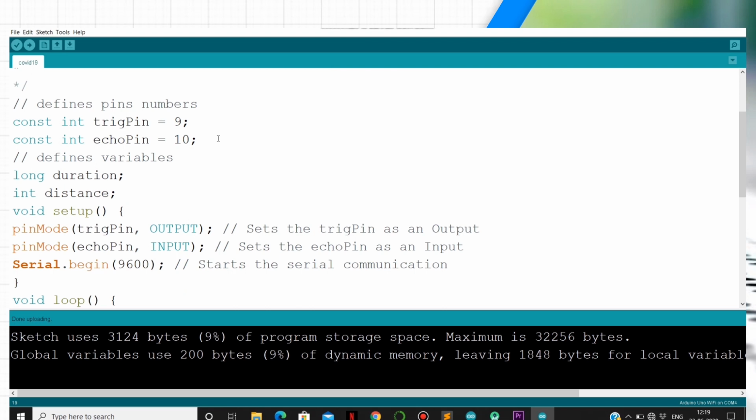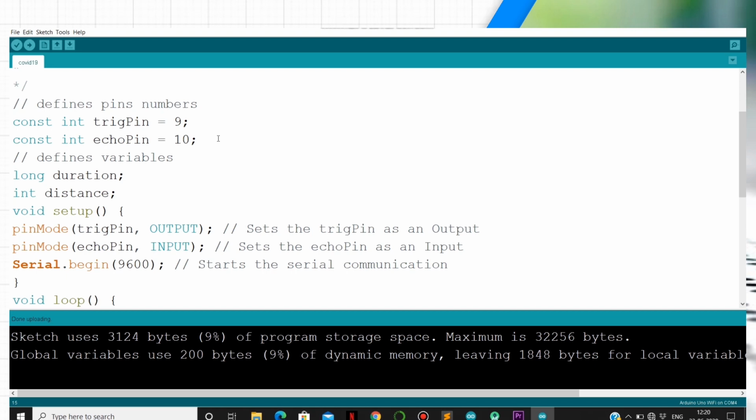And coming to the void setup, here in void setup, as I said, the trigger pin gives the information from the Arduino board, so the Arduino treats it as an output device. That's why we have to specify the mode, whether it's an output device or an input device.